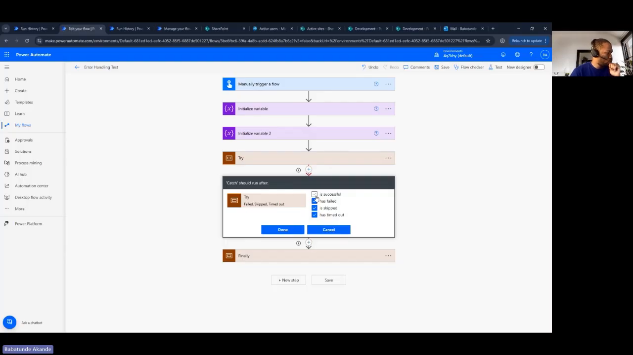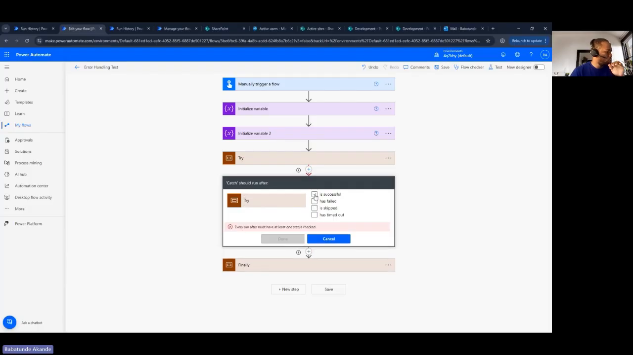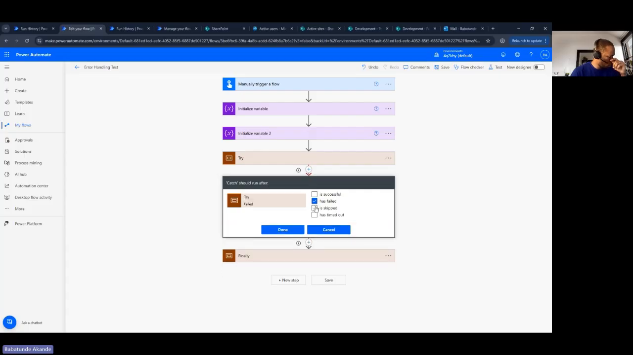So it allows you to run the next actions based on the output of the previous action, whether it was a success or it failed or it was skipped and all of that. So now if I uncheck this, what I did here was to say, okay, don't just run it when it's successful. I want it to run when it has failed or when it has skipped or it has timed out, right? And then